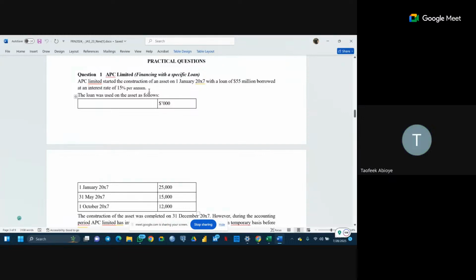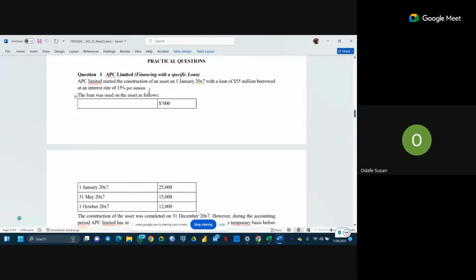Yearly, from that 55 million, you are expected to pay me 15 million. You are expected to pay me 15%, irrespective of whether you use the money in January or in December. That is the company's concern, it's none of the borrower's concern again. The agreement is from a specific pool of fund, 15% per annum. So irrespective of when the company withdraws the money, they are expected to pay their full year interest rate, because that is what they agreed on.